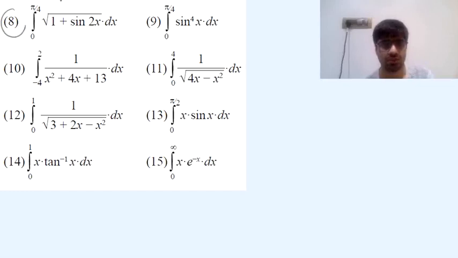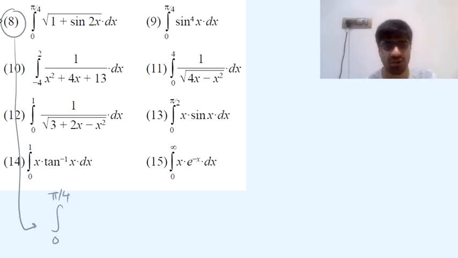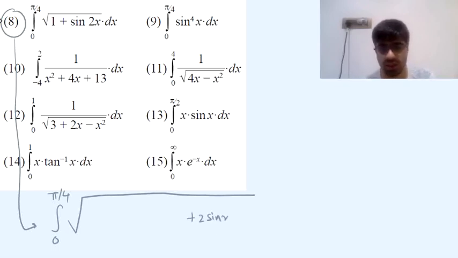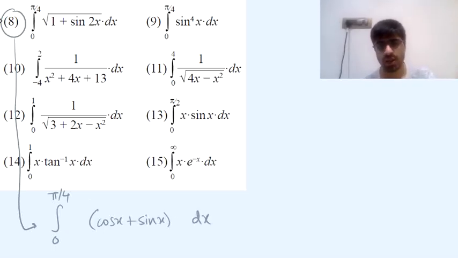We continue with the eighth question. So here, it's again a little bit of trigonometry coming into the picture. 0 to pi by 4. Before writing that 1, it's better we write sine 2x. So sine 2x will be 2 sine x into cos x. Now, if it is sine x and cos x, then you need to write that 1 as sine square x plus cos square x. Observe that expression very carefully. It's simply the expansion for cos x plus sine x the whole square. Cos x plus sine x the whole square, root of it will be cos x plus sine x. So that's what our expression is.